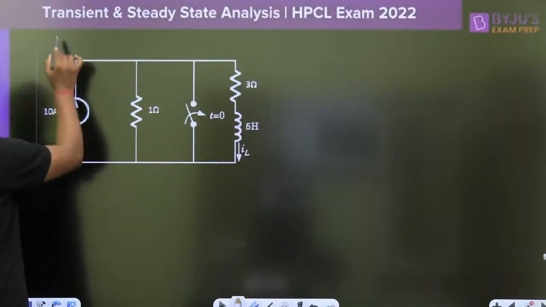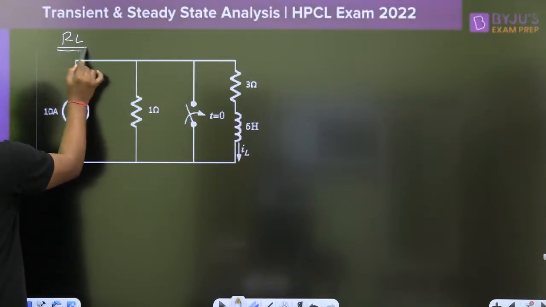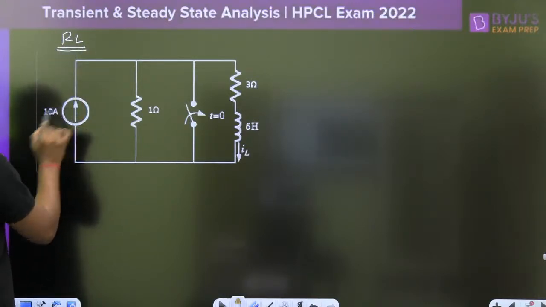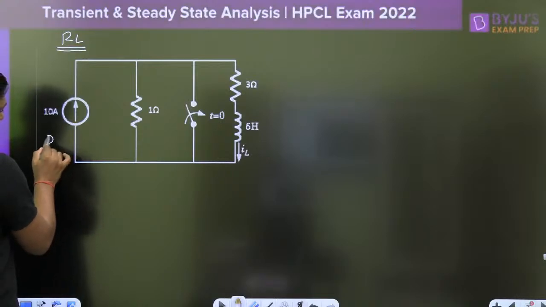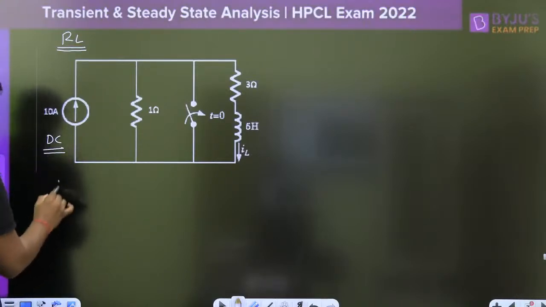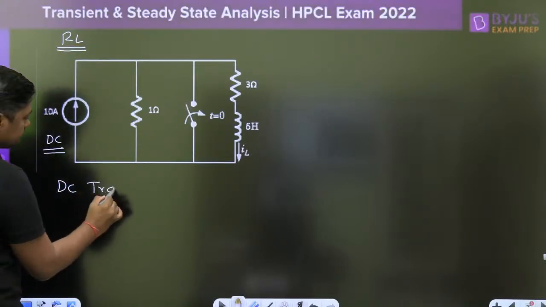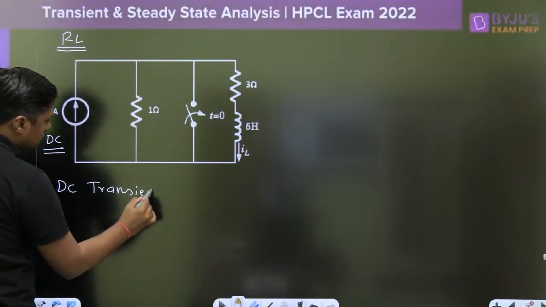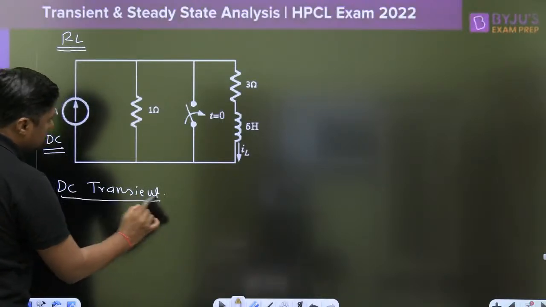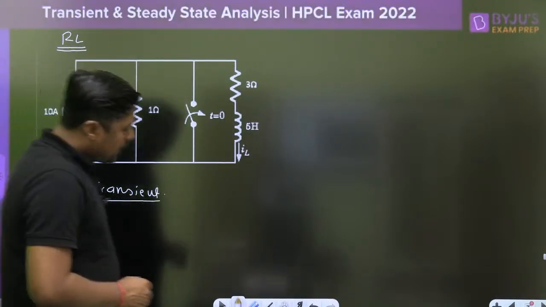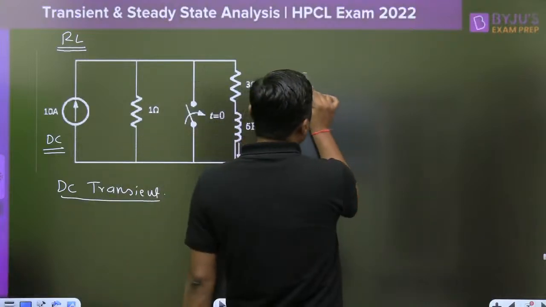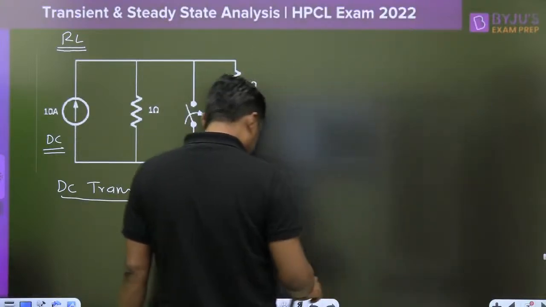In RL circuit, first of all watch this current. This is the DC current. Means this is the question based on DC transient. First thing. Second thing, that is the case for transient. Always remember,